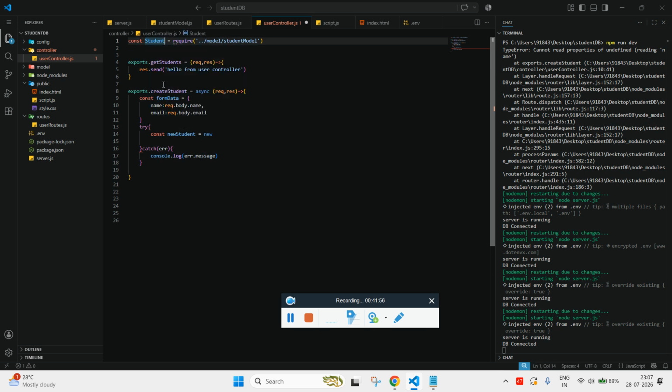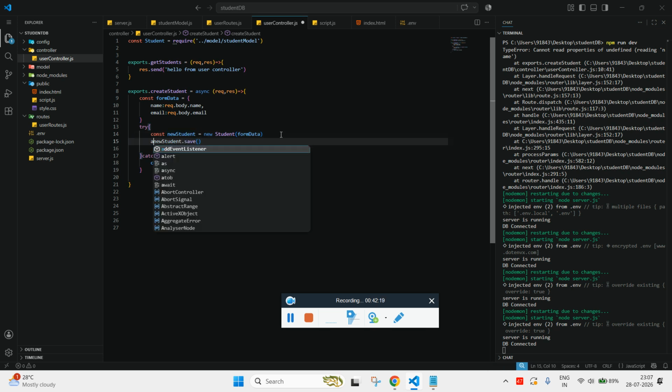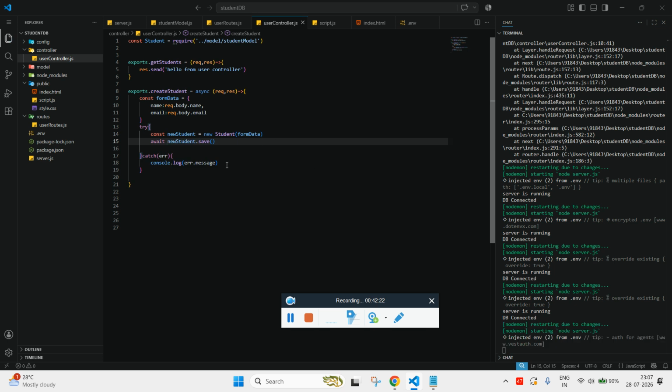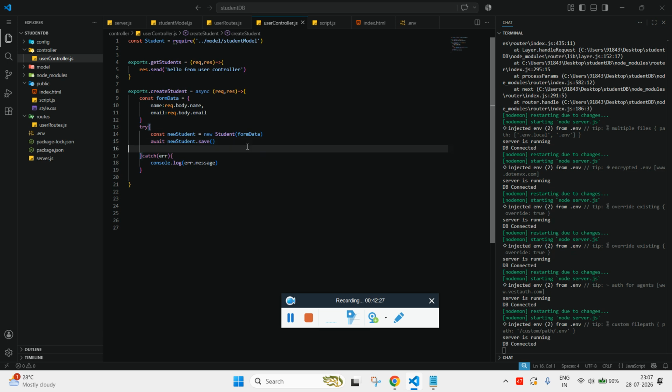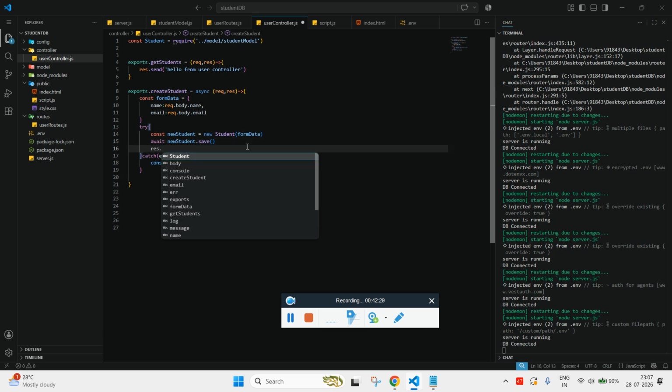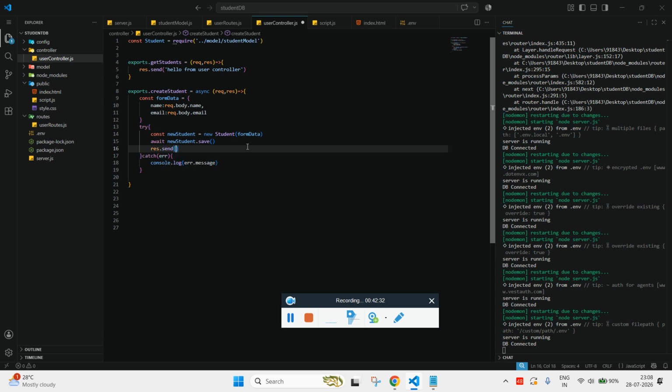It should be capital S. We can have it this way, and we are creating an instance, and we should pass the object over here. It would accept the object, and in the next line we should save this. We should call the save function, and we should make this an await. If everything got saved, then we need to send the response dot send, and